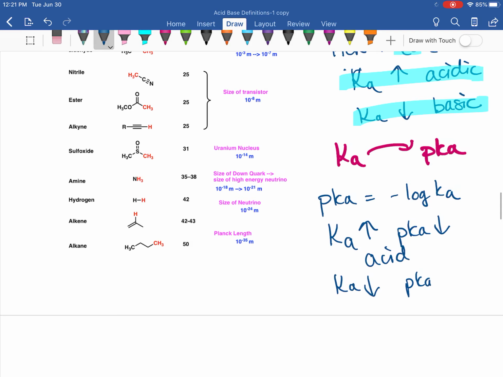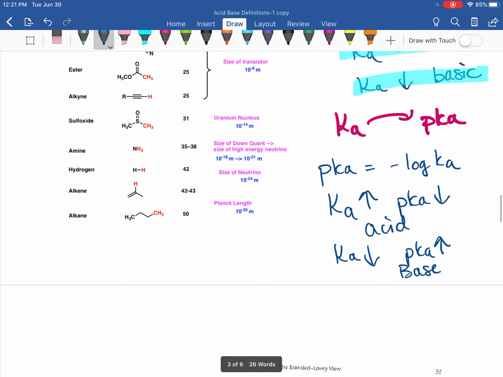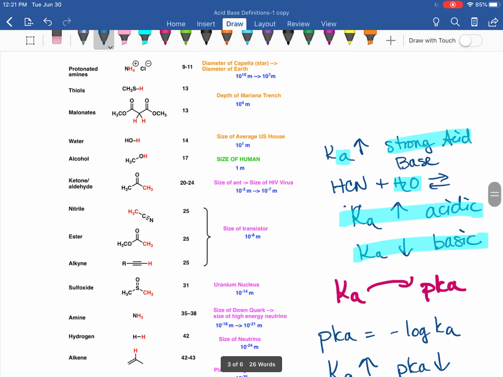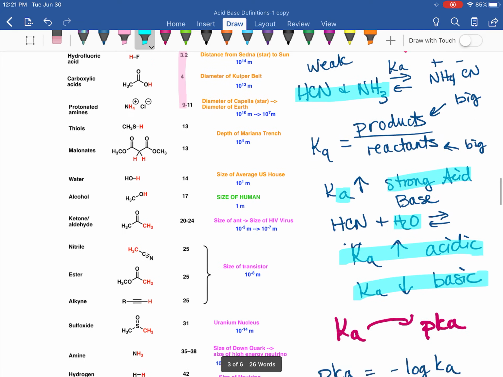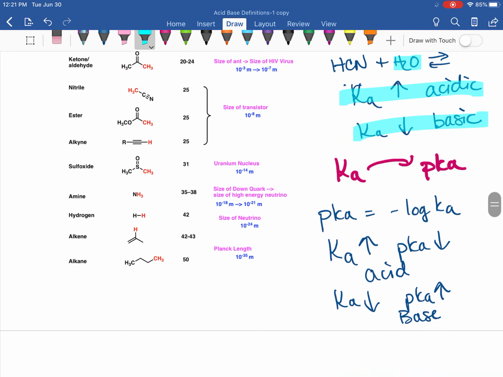If your Ka is low, then your pKa is high, and that's your base. So let's put this into practice. Now I've given us several examples here for a pKa table. Let's go back to this initial example right here, HCN and ammonia. If you've never seen them before and you're going to mix them together, how do you figure out what you